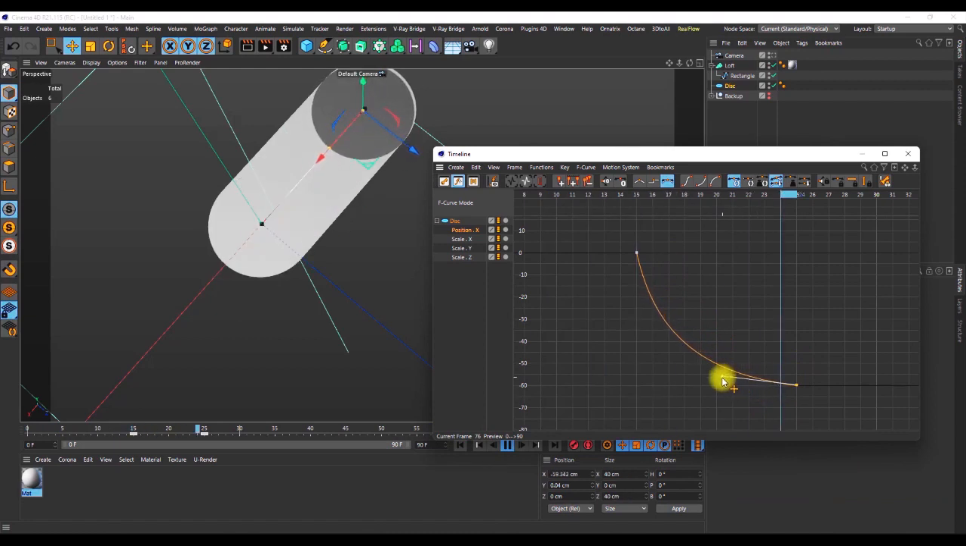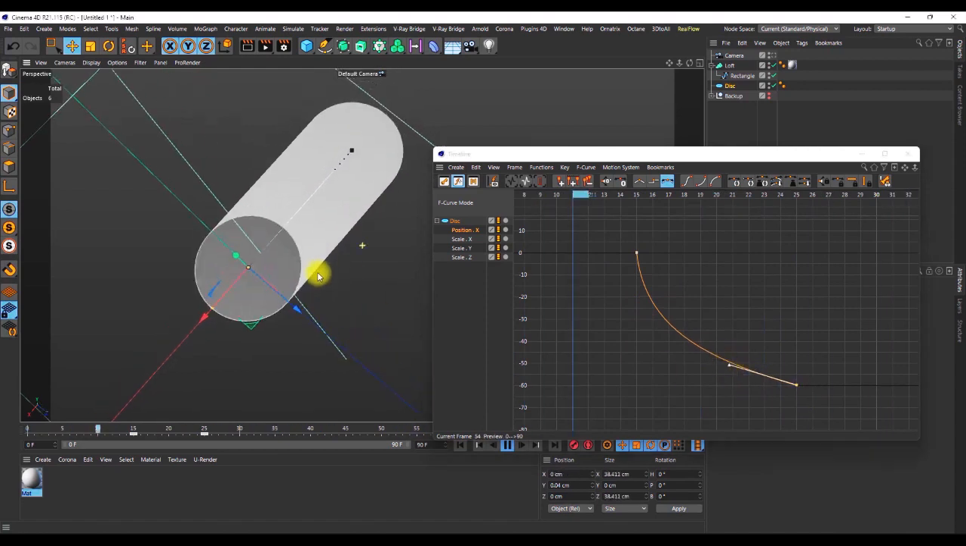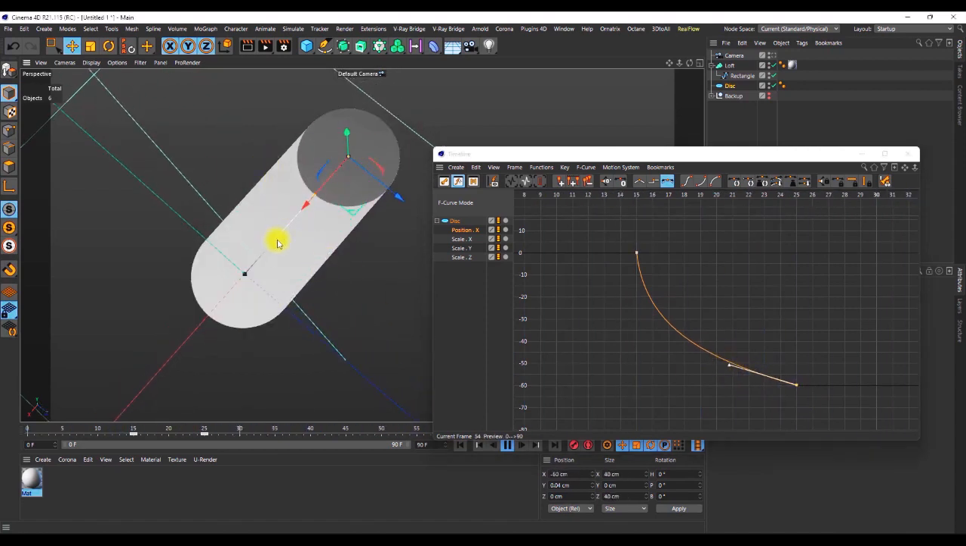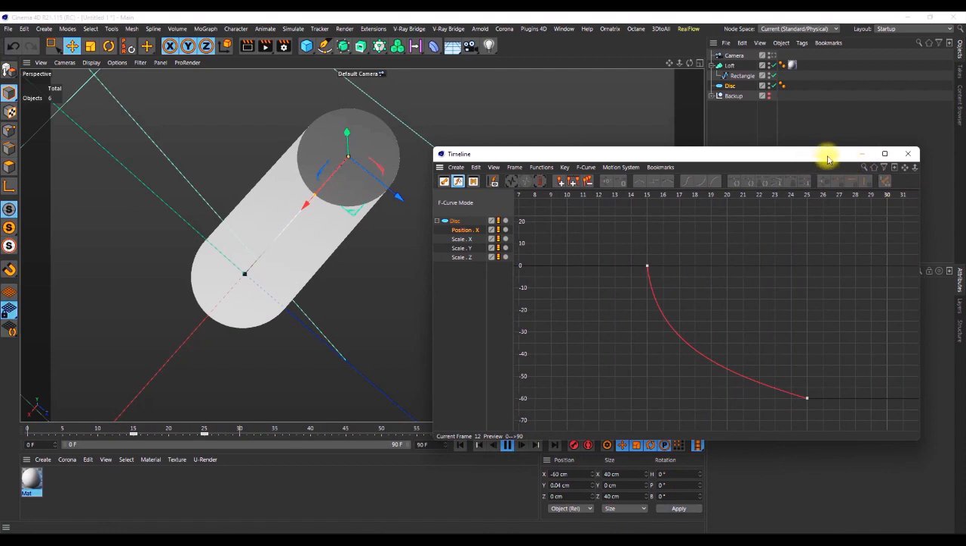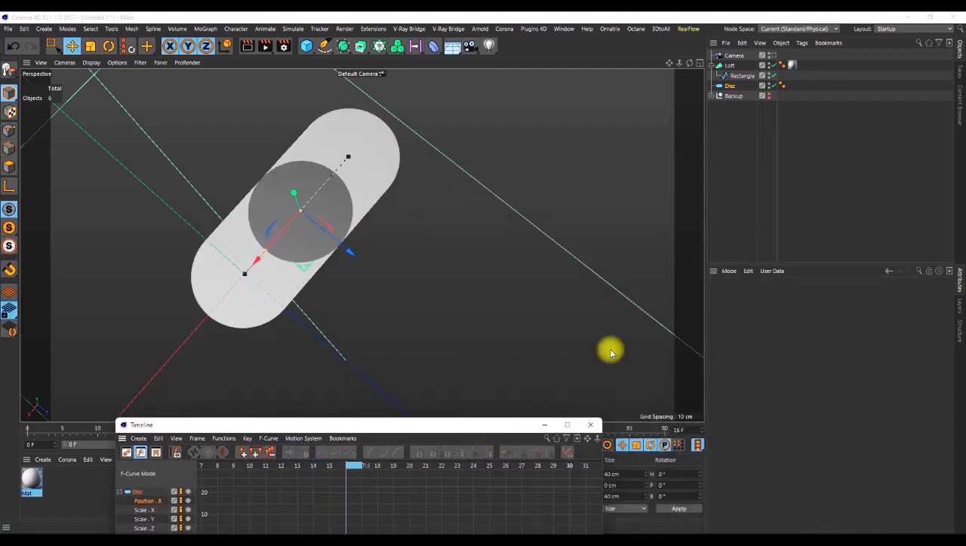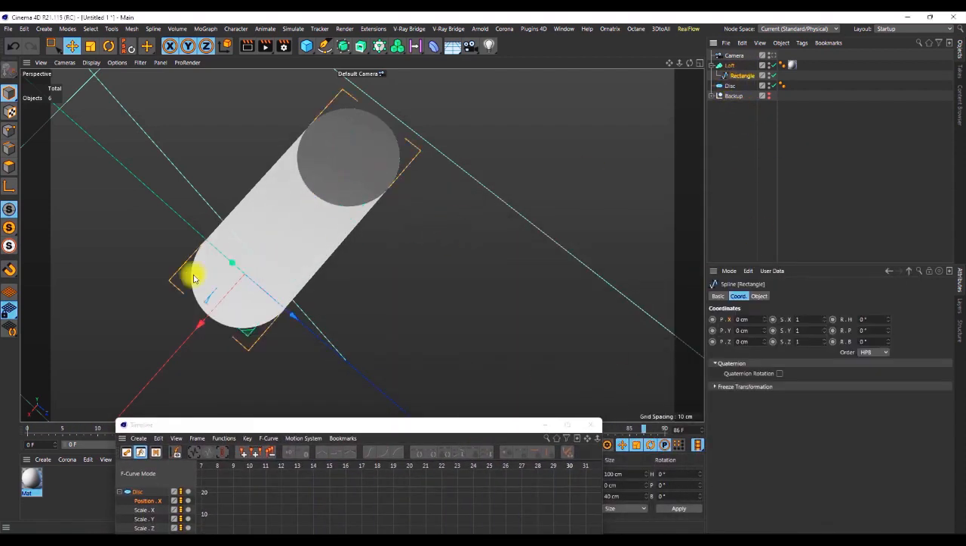So I'll just squash this in a little bit, something like that, and move this here. So let's see what it gives me. You see the way it moves? Yeah, so that is what I want for that. Okay, so the next thing is for me to look for a way to animate this